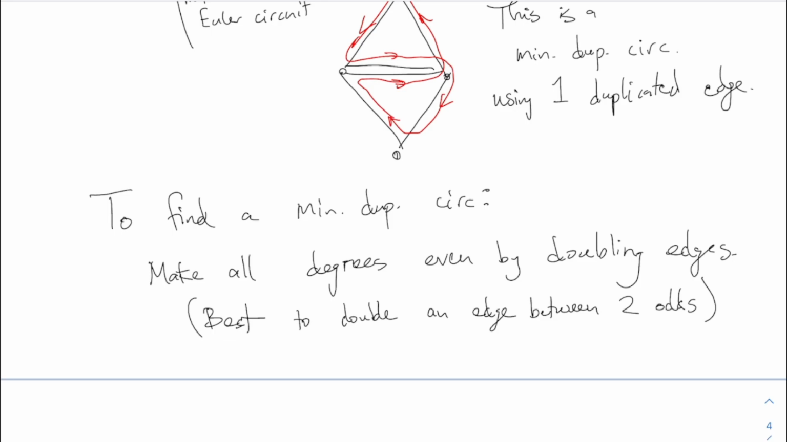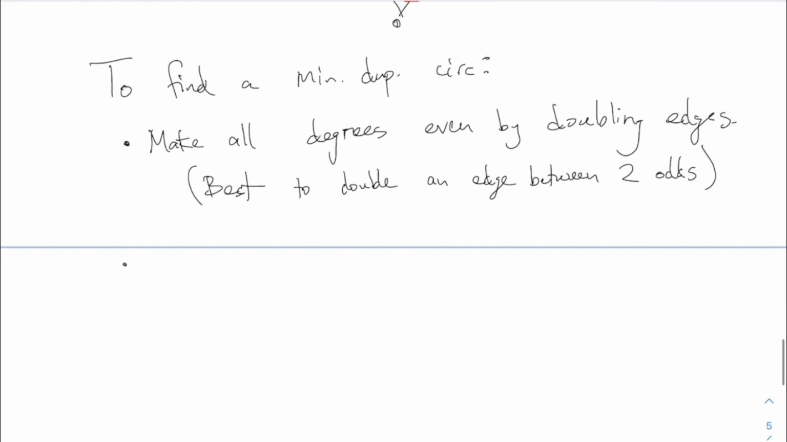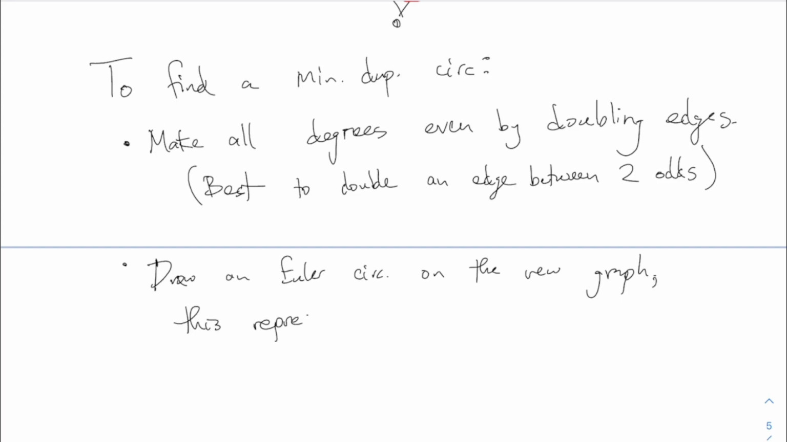Make all the degrees even by doubling edges, and then on that new graph with some doubled edges in it, draw an Euler circuit on the new graph. And then that Euler circuit on the new graph represents a circuit with some duplications on the original graph. So draw an Euler circuit on the new graph. This represents a minimum duplication circuit on the original graph, the OG. G stands for graph. All right,